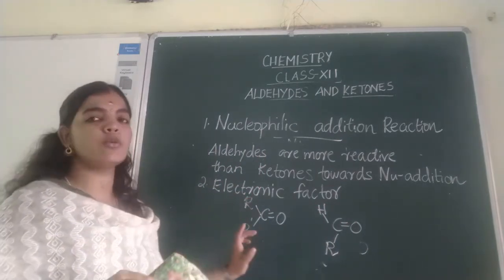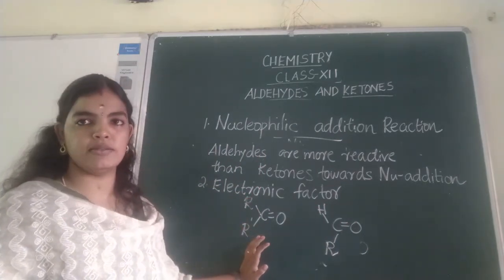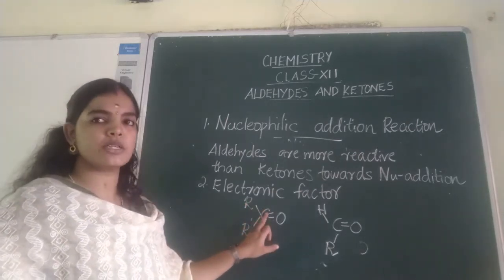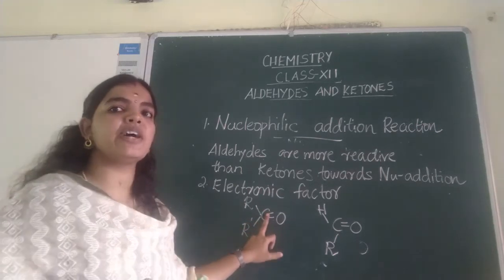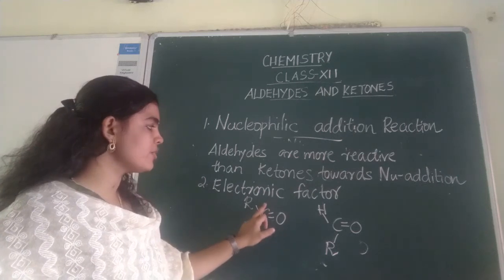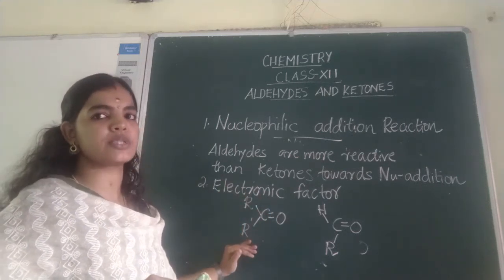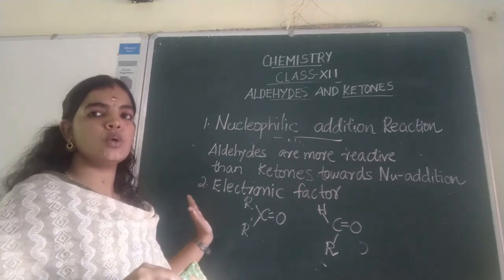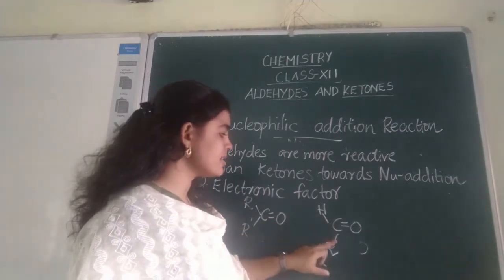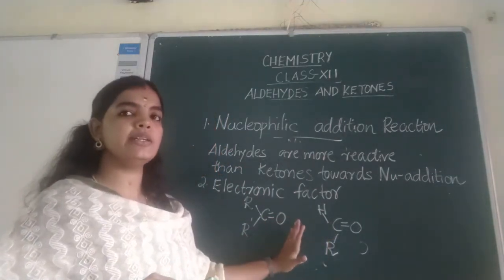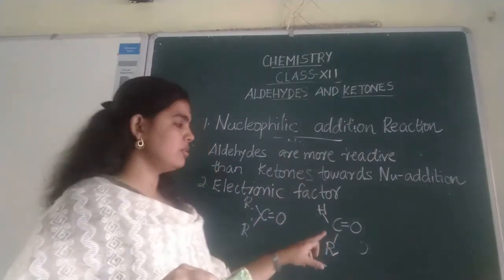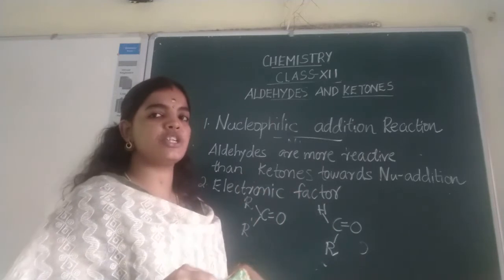We know that this R group and alkyl groups are electron donating. So these groups will donate their electrons to the carbon. So the electrophilicity of the carbon atom will get reduced, which means the positive charge of the carbon atom is getting reduced. So the nucleophile cannot come and attack at the carbon. What about in the case of aldehyde? There is only one alkyl group present, so the electron releasing or plus effect is not as much there in the case of aldehyde. So the reaction will occur.